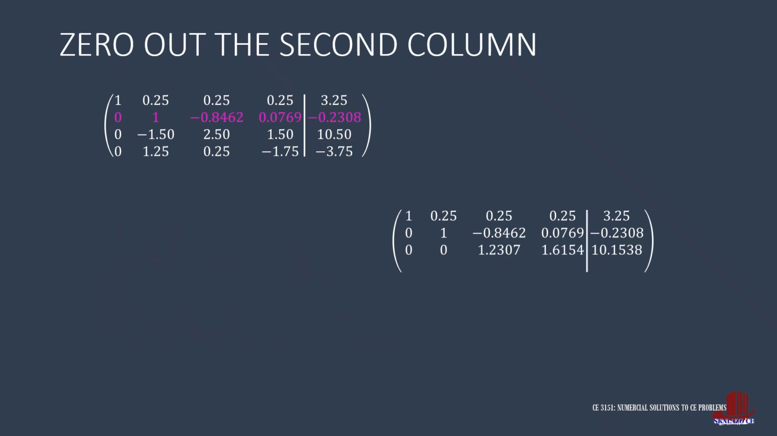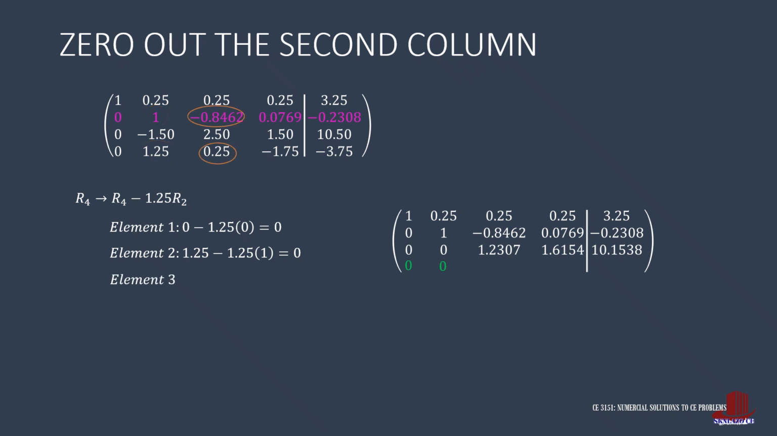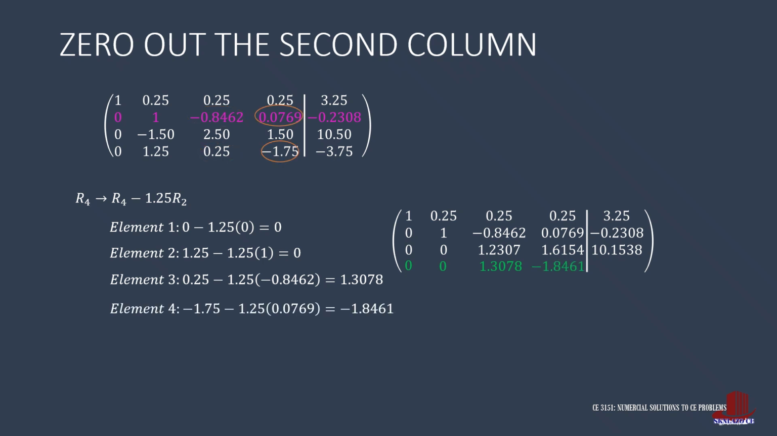Now let's zero out 1.25 from the fourth row. The operation is then R4 minus 1.25 times R2. The first element is then 0 minus 1.25 of 0, which is still 0. The next is 1.25 less 1.25 of 1, giving 0 again. The third has 0.25 minus 1.25 times negative 0.8462, resulting to 1.3078. The fourth has negative 1.75 minus 1.25 times